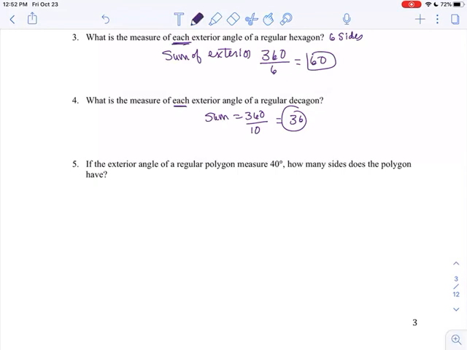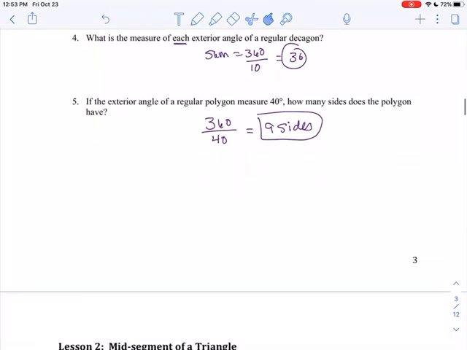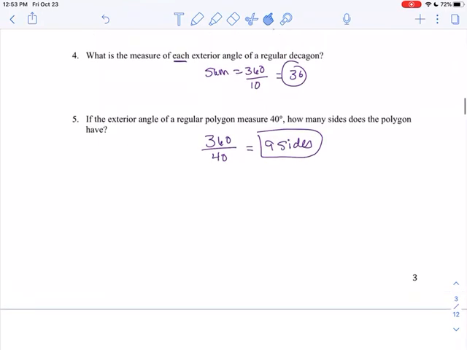And this last one here: if the exterior angle of a regular polygon measures 40, how many sides does the regular polygon have? I can do the exact same thing I just did. The sum of the exterior angles is 360. Normally I divide by how many sides it has. Here I'm going to take 360 and divide it by the angle, and 360 divided by 40 is 9, so it has 9 sides. So you're either taking 360 and dividing it by the number of sides, or